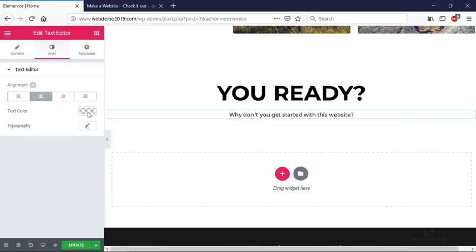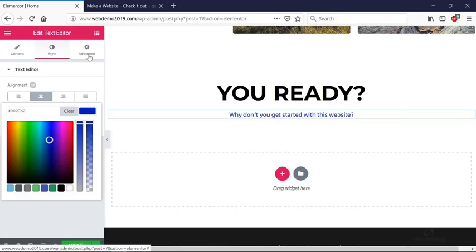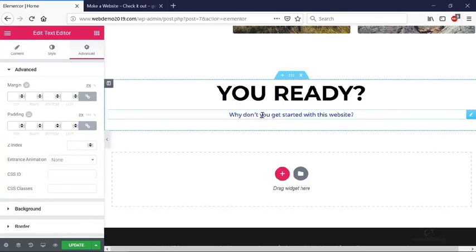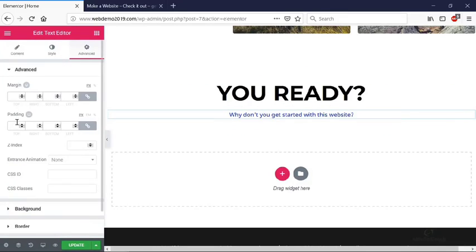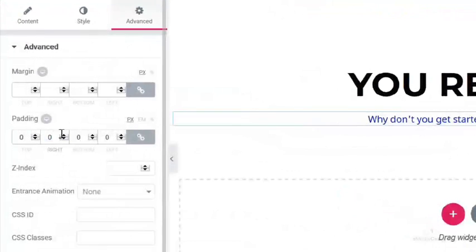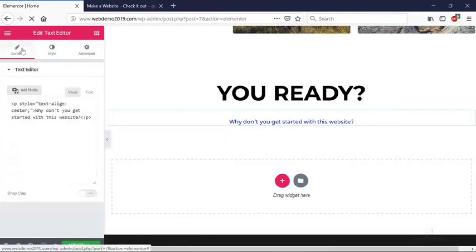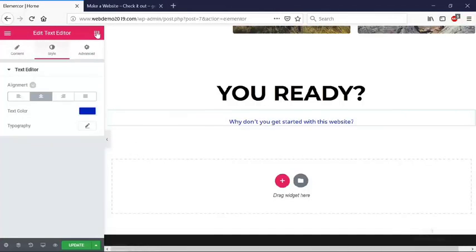I can change the color if I want to. And if I want to increase the space in between this and the thing above it, I can add some padding. So there we go. So I'm going to unlink all the values so that I can just add top padding and not affect the rest. Then I can add perhaps,